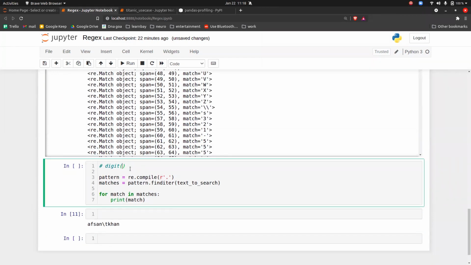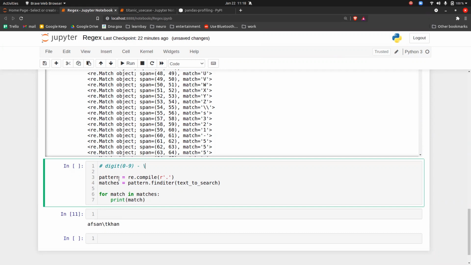Then we have a digit, that is from 0 to 9. If you want to extract from this whole text area only the numbers from 0 to 9, which is the symbol for that, guys? Backslash d. Capital or small d?